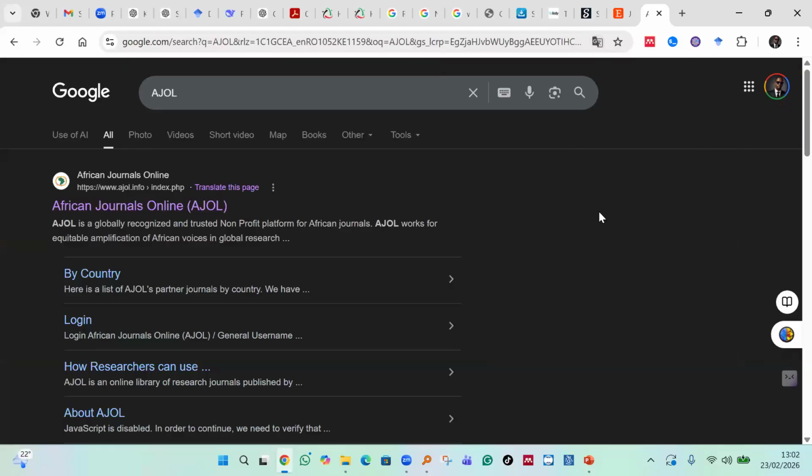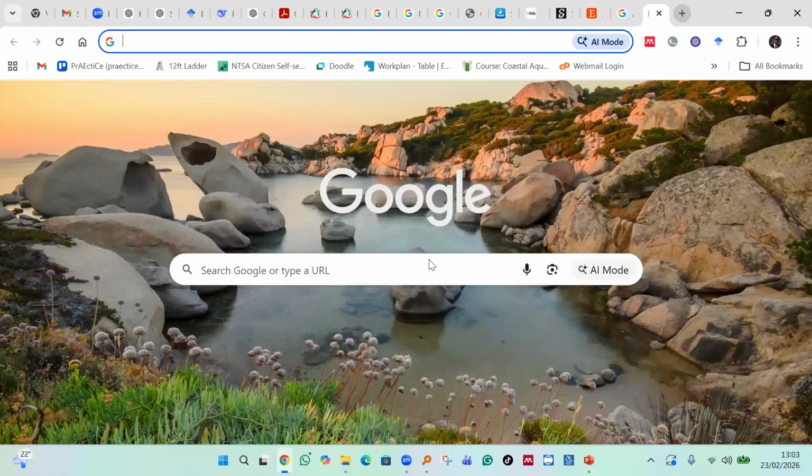Ask them, are you indexed in AJOL? If no, then you start dealing with them with a lot of caution. Ask them, why are you not indexed in AJOL? Then they will give you a lot of excuses. Journals that are publishing in Africa should be indexed in AJOL for them to be deemed to have met the criteria that is required.